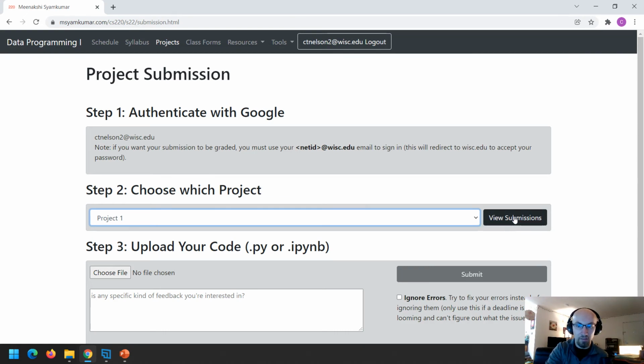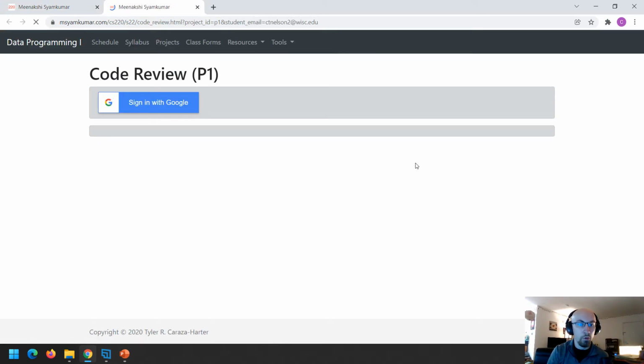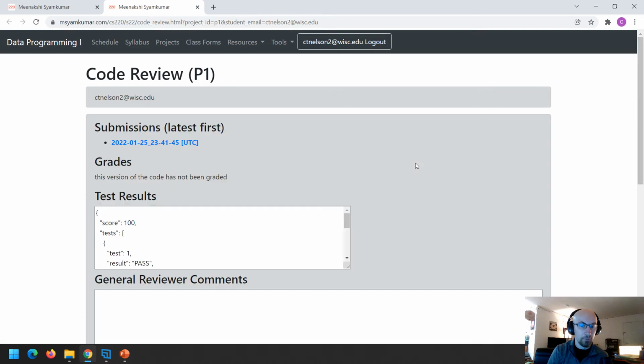I already went ahead and did that actually, so I can press View Submissions, and this is where I get feedback from my TA. If we let this load here, we can see I made this submission yesterday. The autograder picked it up and it's passing already. Again, this autograder only runs about every 4 hours or so, and you'll only get general TA comments back when the TAs have looked at it, which is not going to be every 4 hours, obviously. So this is where we're going to manage all of our project submissions.